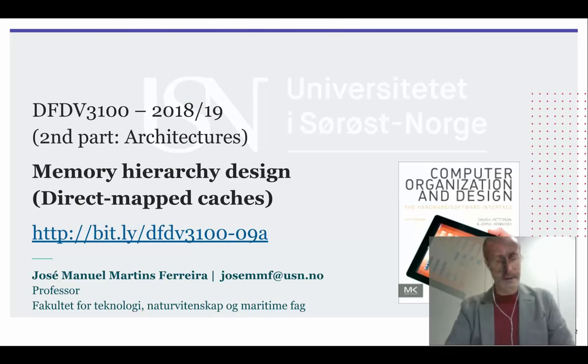Hi, this is the first of two presentations concerning memory hierarchies. We will briefly recall what is a cache memory, and then we will discuss the operation of a direct mapped cache. Please notice that in this case I'll be following a previous book by the same authors entitled Computer Organization